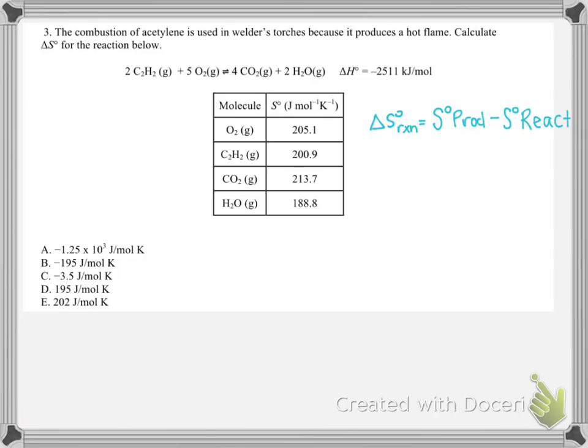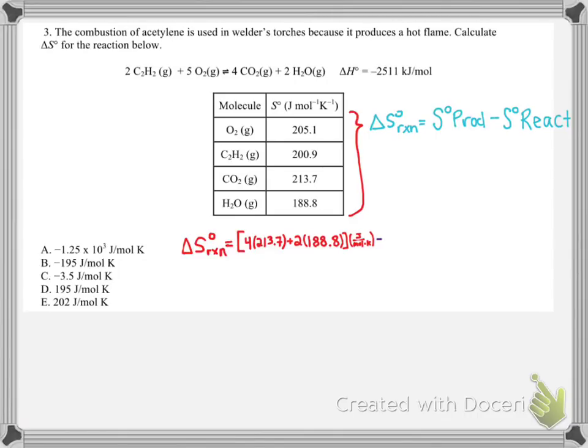Okay, so once again, we're given information about the molecules involved in a reaction, and we're looking to find out the overall, in this case, entropy change. So since we're given the absolute entropies of all these molecules, we want to find the overall entropy change of the reaction, we have to once again use the products minus reactants rule. So, let's set it up. Our standard entropy change for this reaction is going to be equal to our products, 4 times the standard entropy of carbon dioxide, 213.7 joules per mole Kelvin, plus 2 times water's standard entropy,